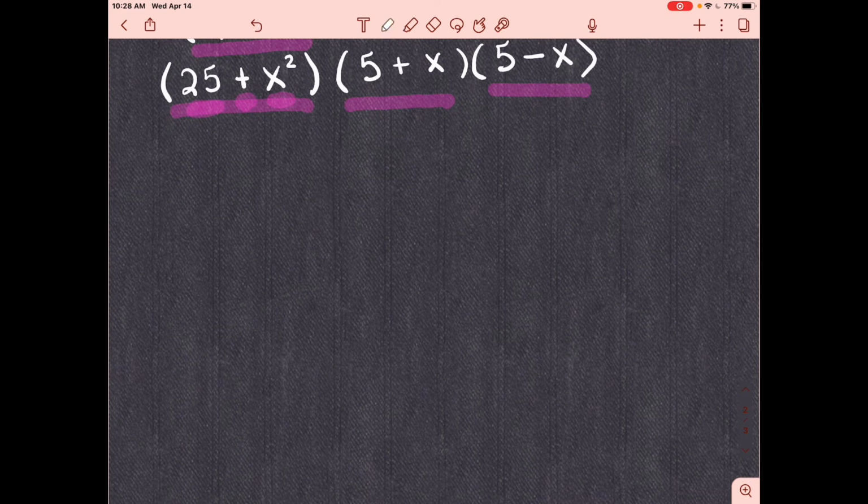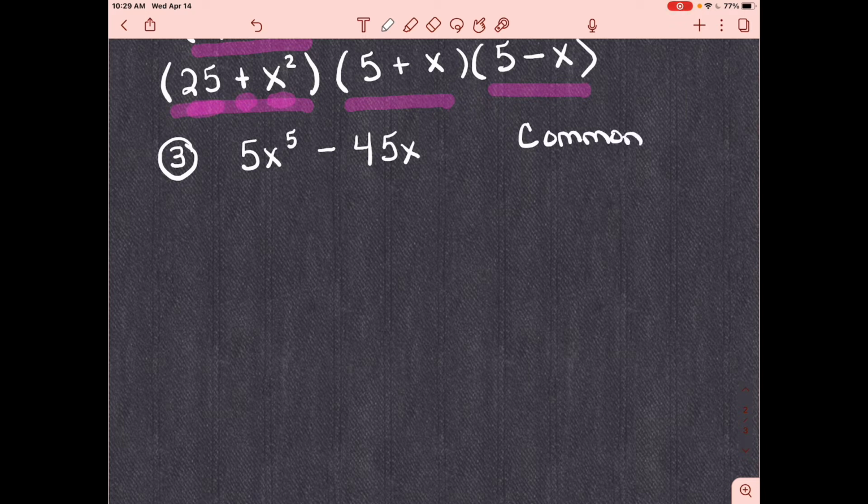All right. Let's move on to example 3. What if we have 5x to the fifth minus 45x? Well, first of all, we have common factors. You want to look for common factors all the time. Common factor here is 5